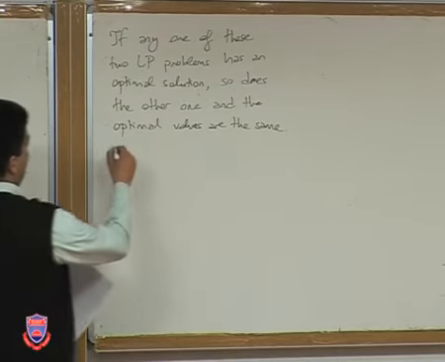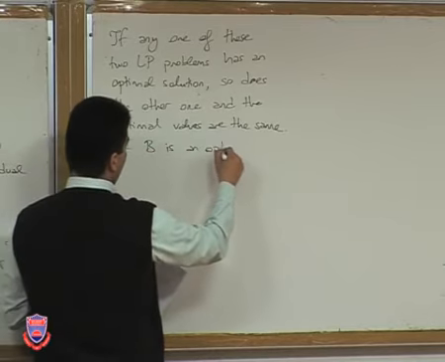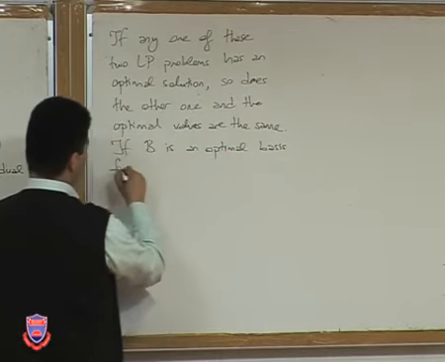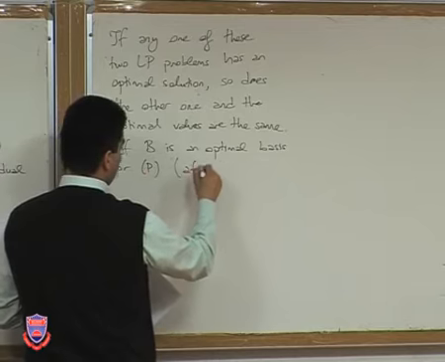Furthermore, if B is an optimal basis for the primal problem, of course, this is after adding slack variables,